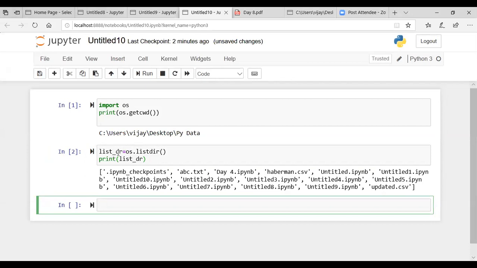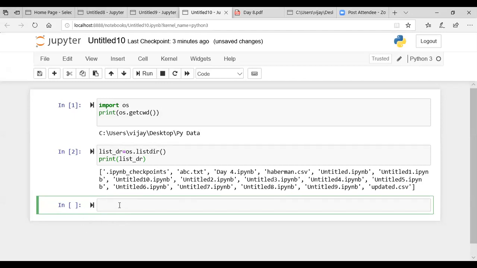So in this cell, what we are doing is determining whichever files exist in the current working directory. Those files we are displaying here with the help of the print method. The method is listdir. Under my PyData folder, these are the different files available within the directory in which I'm presently working.